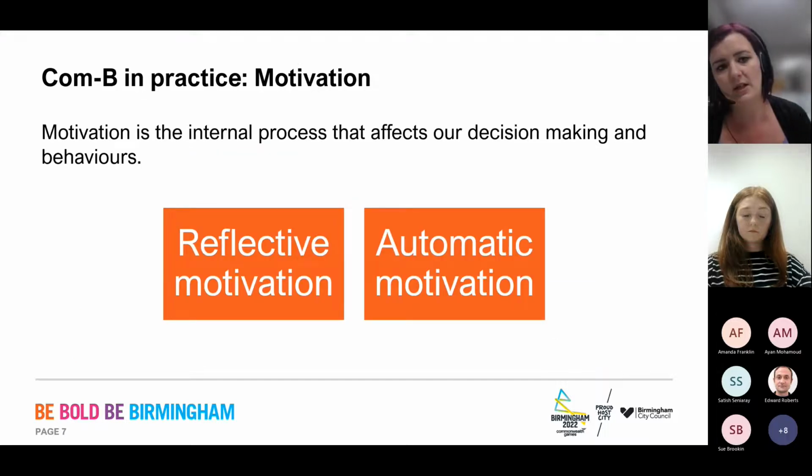Finally, as part of the COM-B model in practice, motivation is really key, and there's reflective motivation and automatic motivation, which sounds a bit complicated, but essentially reflective motivation means that sort of analytical decision making, consciously making a plan to do something. So your motivation there could be considering the long-term benefits of physical exercise or healthy eating, and